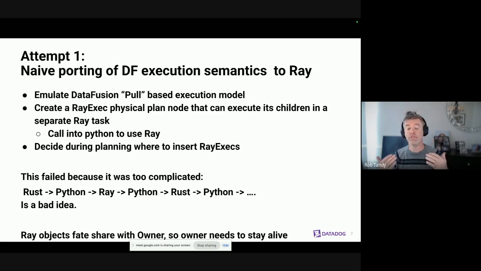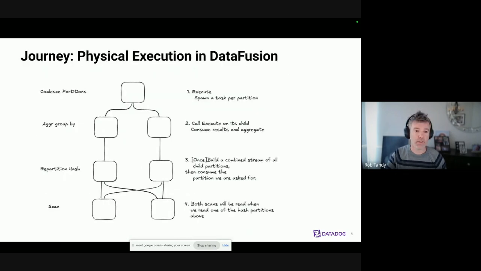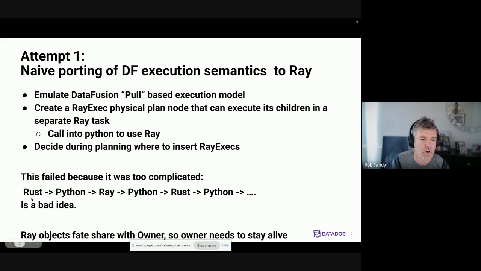So this ultimately failed because if we go back and look at this execution plan, what would happen is we'd ask the top of the node, hey, give me the batches. And then as we execute these nodes, we might encounter a Ray exec node, as I alluded. It's going to jump back into Python using the PyO3 bindings, tell Ray to start a task, send the physical execution plan over there, execute it in Rust, and that process may repeat. It may spawn another task and do this. And the path of going from Rust into Python, into Ray, into Python, back to Rust, into Python, repeat, repeat, repeat, was